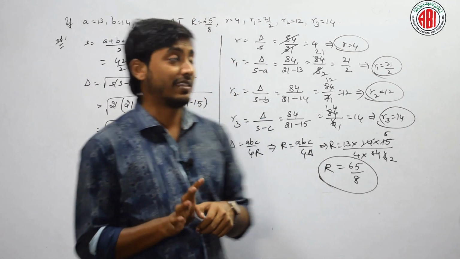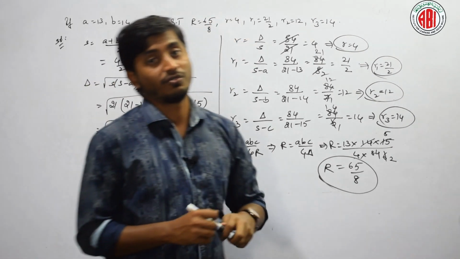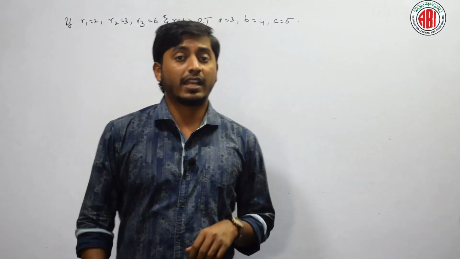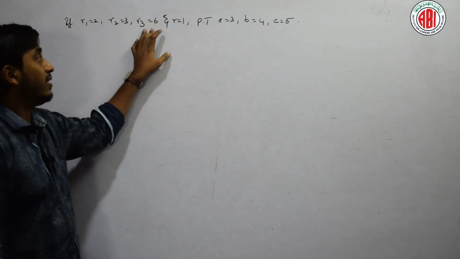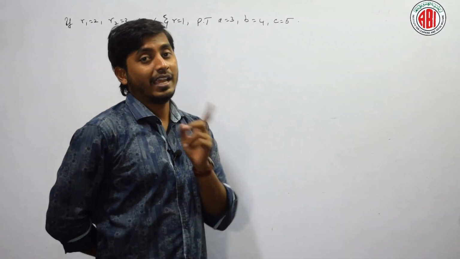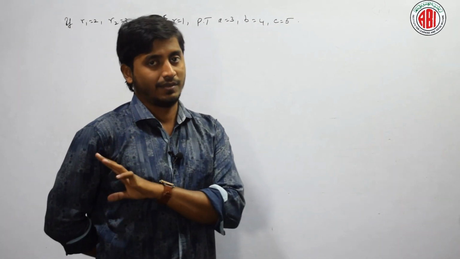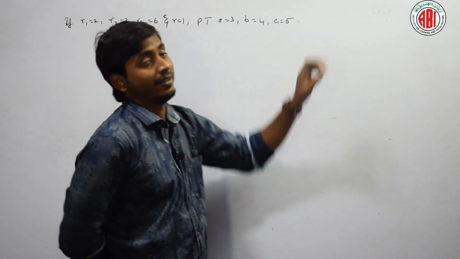Fine. See here, once again remember, here ABC values are given and he is asking us to find those values. Let us see how the next problem will be. Okay? Let us start. The next question given here, it is R1 is 2, R2 is 3 and R3 is 6 and R is 1. In the last question we did ABC values are given and he is asked us to find R and R terms, right. Here R terms are given and he is asking us to find A terms.